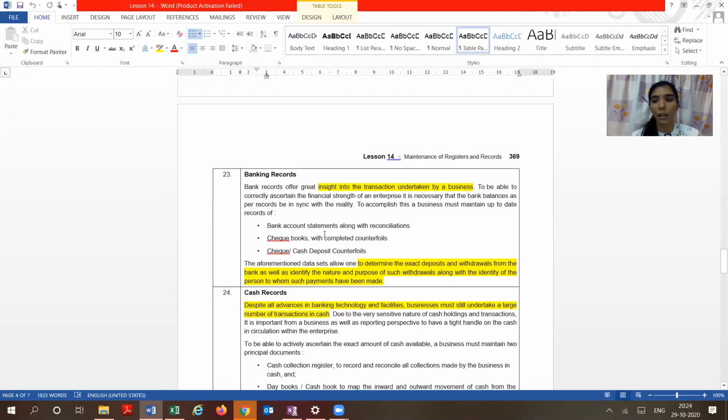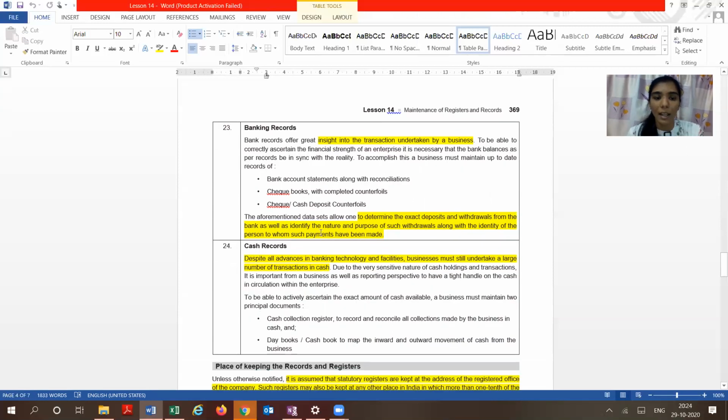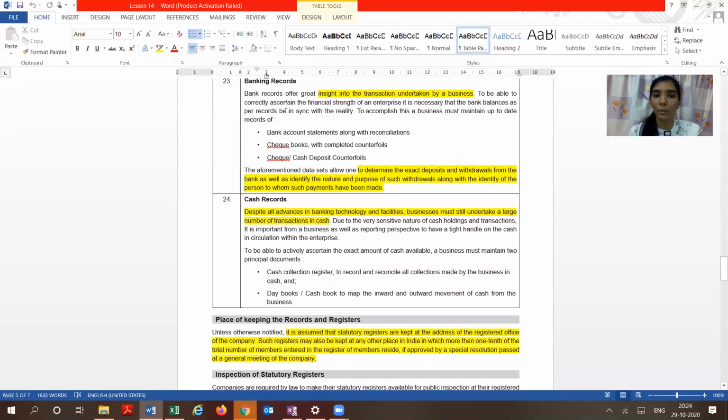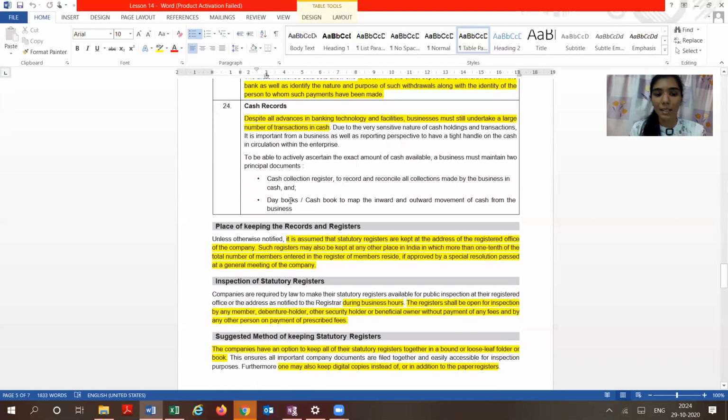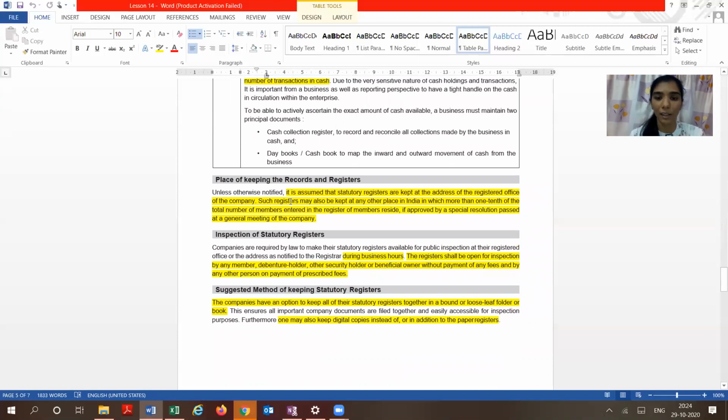Then there are banking records. The company undertakes transactions, it would be in cheque, etc. So all the records of all the withdrawals made, all the deposits made, from whom you have received money by cheque, to whom you have given a cheque, would be maintained in banking records. Lastly, there are cash records. Mostly companies and enterprises do bank transactions. However, we cannot say that they do not do any cash transactions. So where do you keep a record of how much money you gave to whom, or took from whom? If you have small vendors, you will pay them in cash, and you will maintain all that in cash records, right?